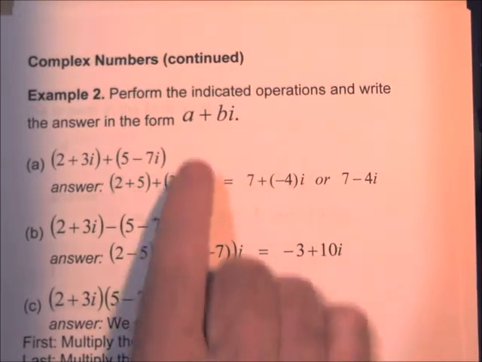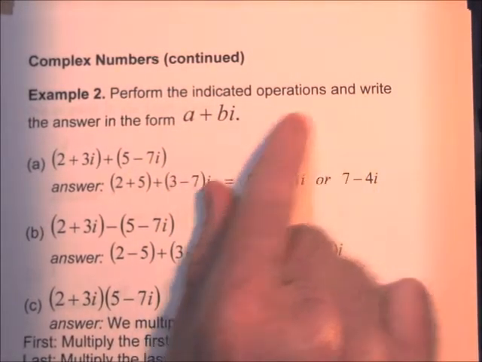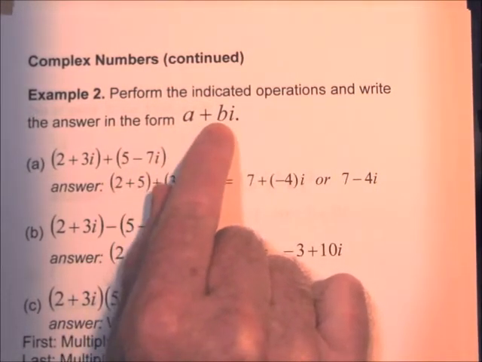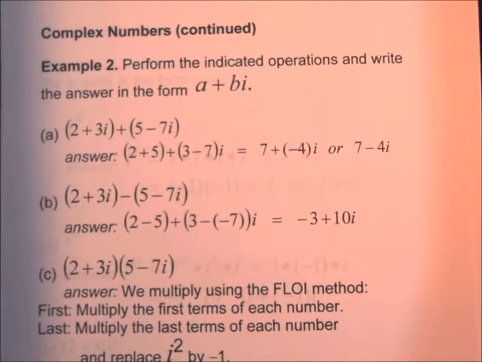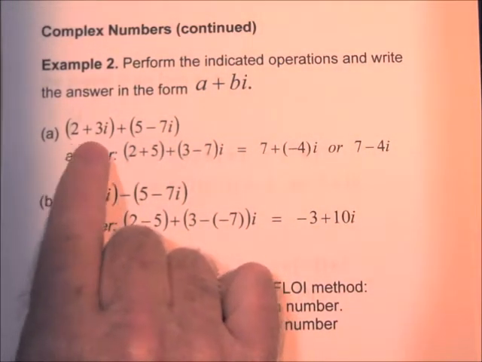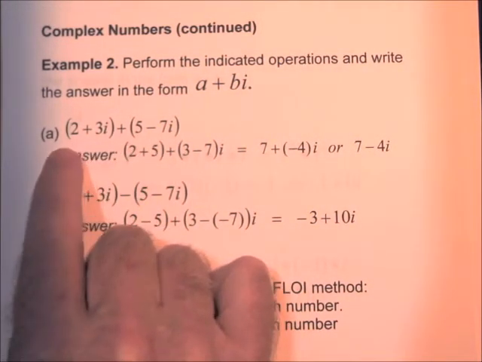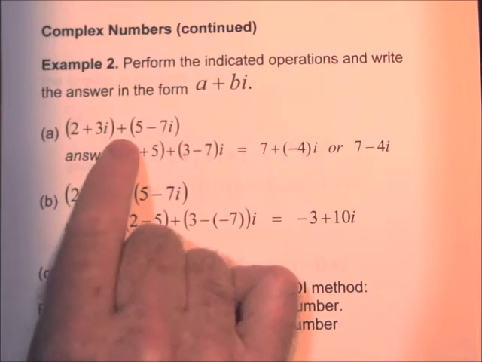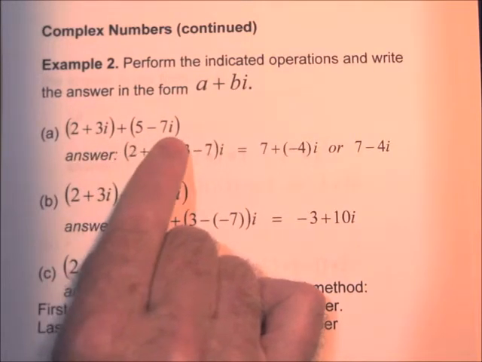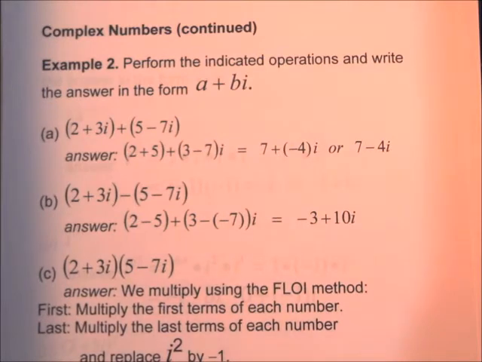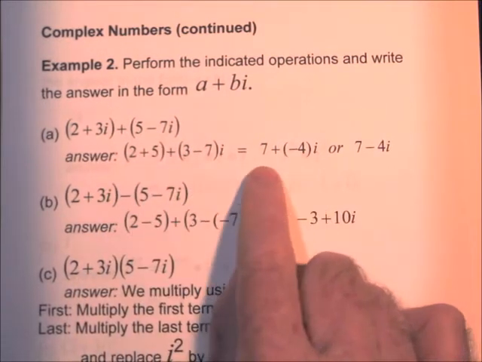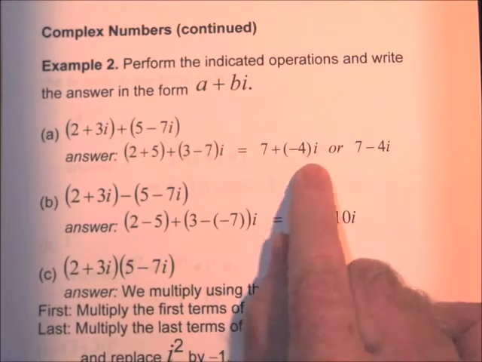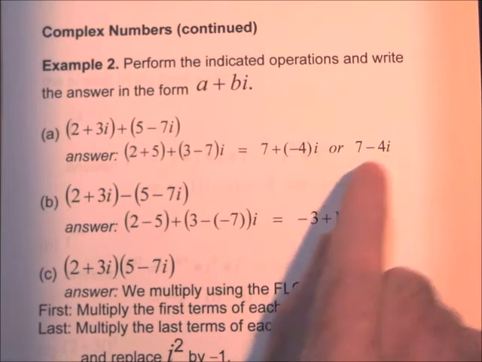Another example: perform the indicated operations and put the answer in the form a plus bi. A plus bi is the standard form for representing complex numbers. So here we have two complex numbers with a plus sign in between. We have 2 plus 3i in parentheses and then added to 5 minus 7i. So what we want to do is add the real parts and imaginary parts separately. So 2 plus 5 is 7. 3 minus 7 is negative 4. So the answer is 7 plus negative 4i,